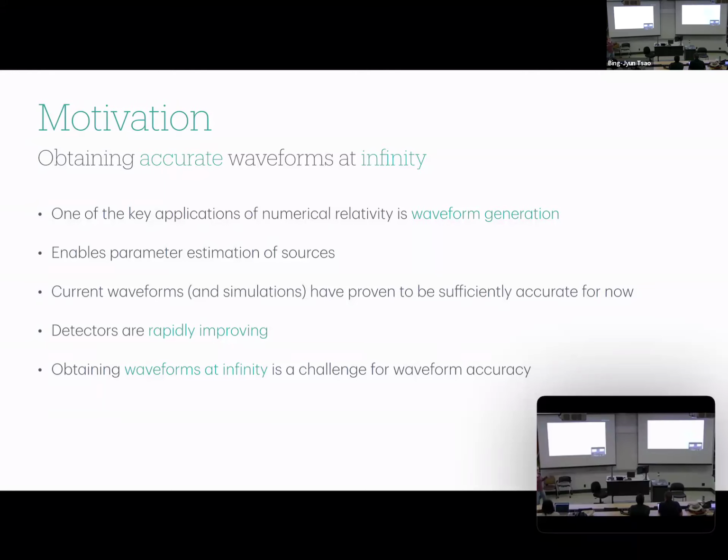infinity. Because as you gathered, I'm sure, from the Introduction to Einstein Toolkit talk, we perform simulations on finite grids. We can't do an infinite domain, but we are essentially infinitely far away from the gravitational wave sources that we're observing. And so we need some way to get the gravitational waves from finite radius of our simulation out to infinity. And that is a challenging task. And when you're really wanting high precision for these next generation detectors, that's one that we have to address.